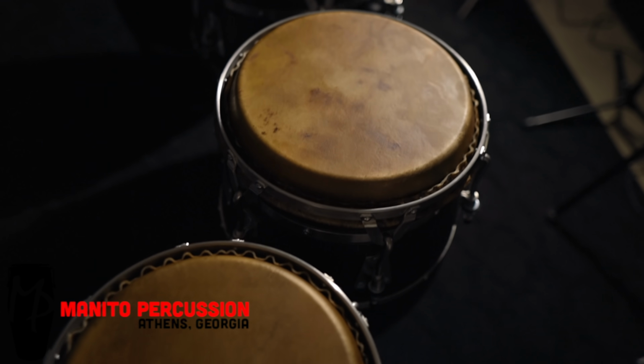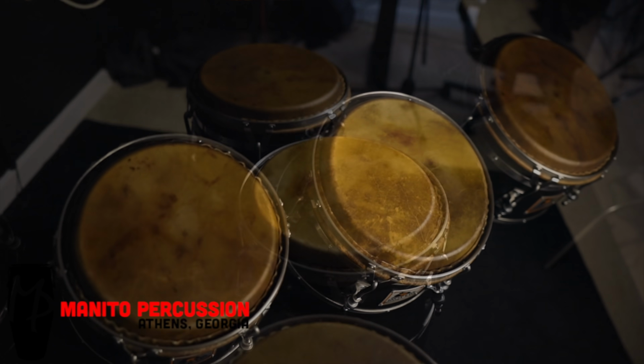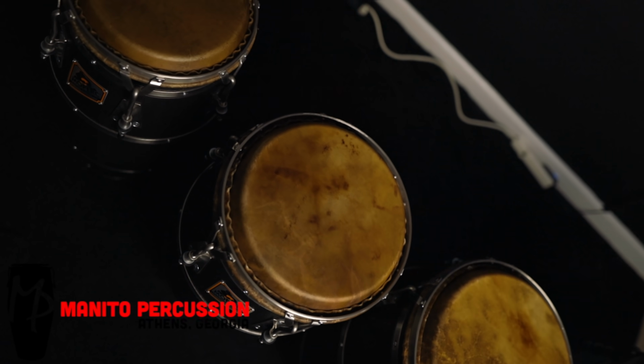So let's talk about the skins. What kind of skins do I have on here? And if you guessed it, you guessed right. I have Manito Percussion steer skins, and what I actually chose is the amber finish. I didn't want to go with a dark black finish, because it would take a little bit away from the black drum. So I think this style really contrasts very well, man. And I love the detail, I love the processing, man. They feel so good, man. I love steer, and I know for a fact that steer with North American ash is crazy. The combination,